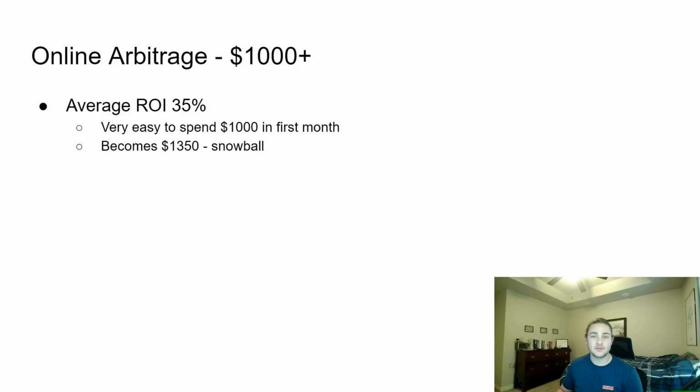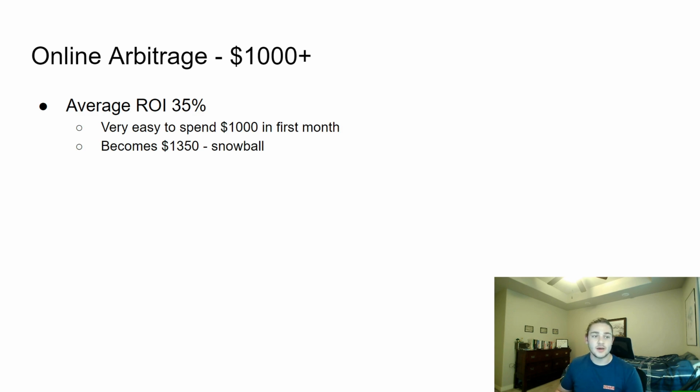So after that first month, unlike books where that 206% is going to turn into almost triple your money by the end of the period that all those investments come into play, with online arbitrage you can pretty predictably guarantee that you can multiply your money by 30 to 40%. My average is 35%. I know some people who are higher or lower depending on what you're going for. So that $1,000 pretty immediately becomes $1,350, and the next month it becomes $1,350 times 1.35, and so on, until you've got a pretty substantial business.